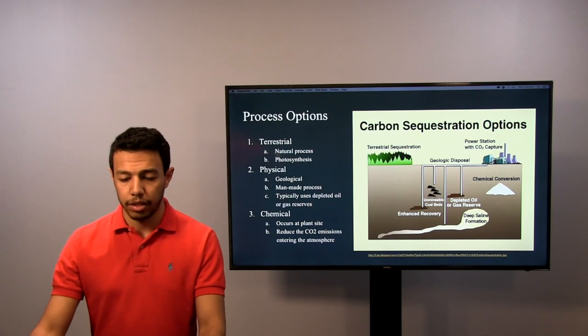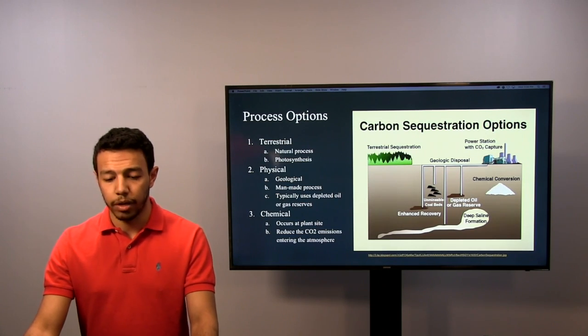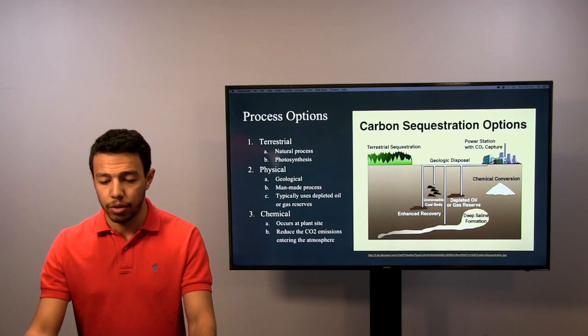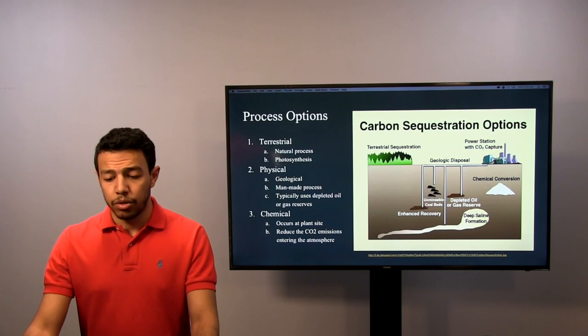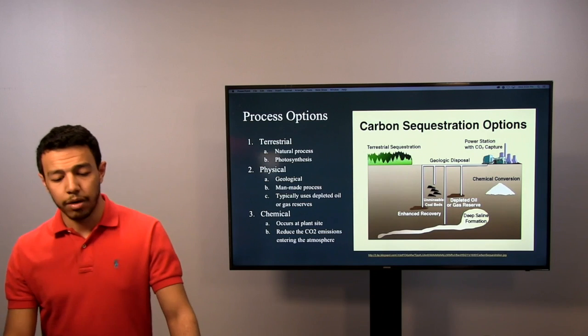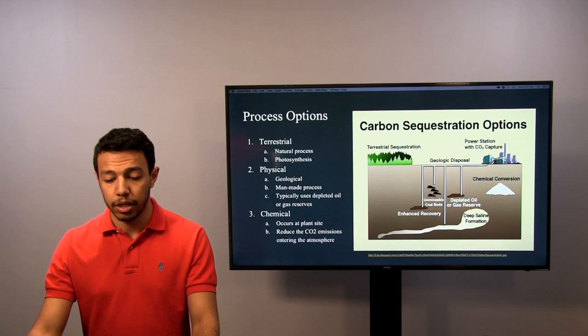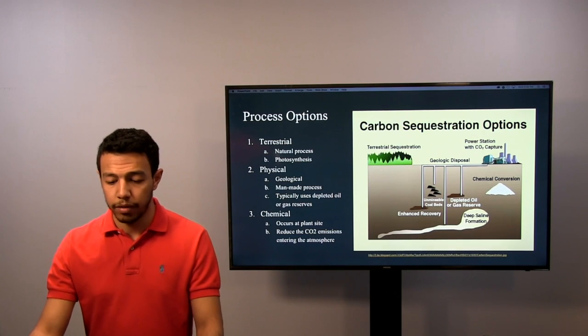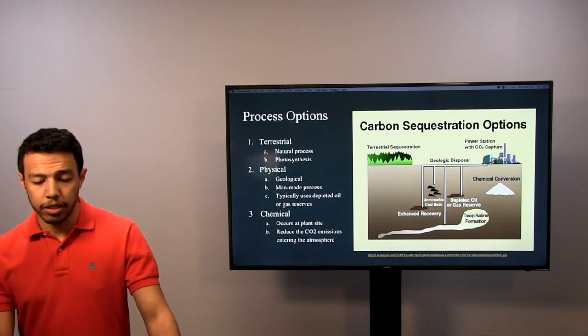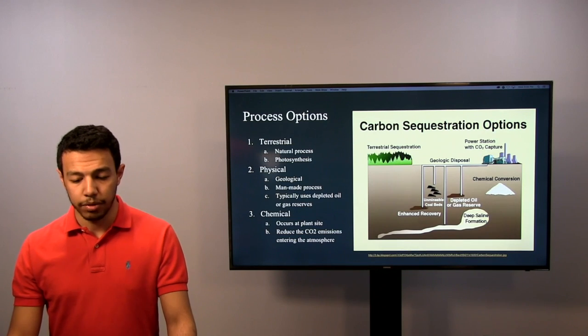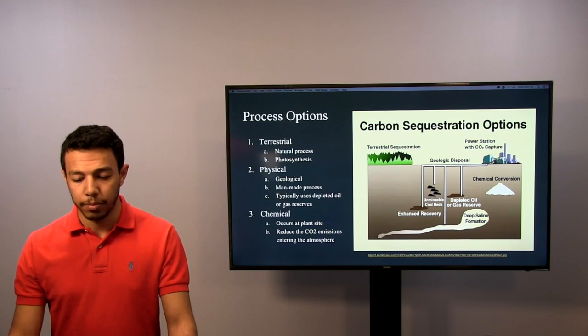Terrestrial sequestration involves the capture and storage of carbon dioxide by plants and the storage of carbon in soil. During photosynthesis, carbon from atmospheric carbon dioxide is transformed into components necessary for plants to live and grow. As part of this process, the carbon present in the atmosphere as carbon dioxide becomes part of the plant.